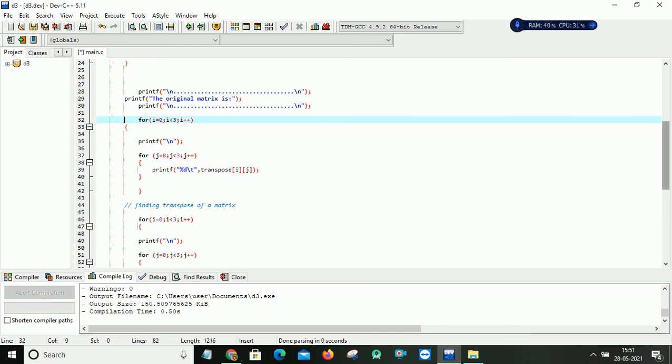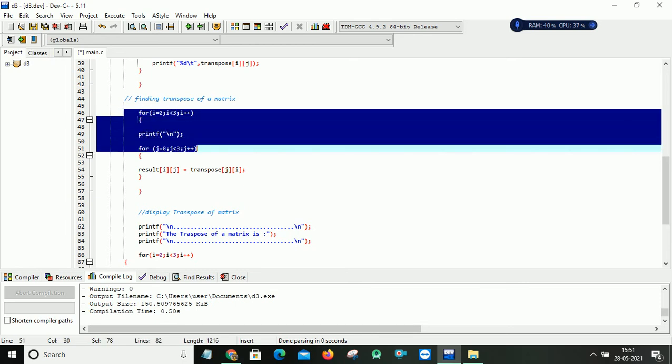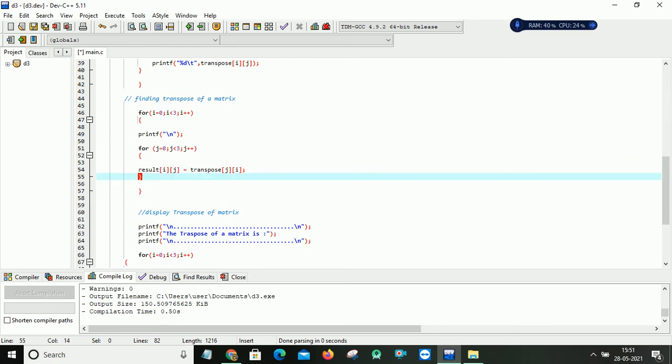And after that, here I wrote the logic for transposing a matrix. Simply I'm reading my array elements line by line. I want to put them in the position result of i j, that is into the transpose matrix. This is the matrix which I want to convert by transposing. So result[i][j] equals matrix[j][i].